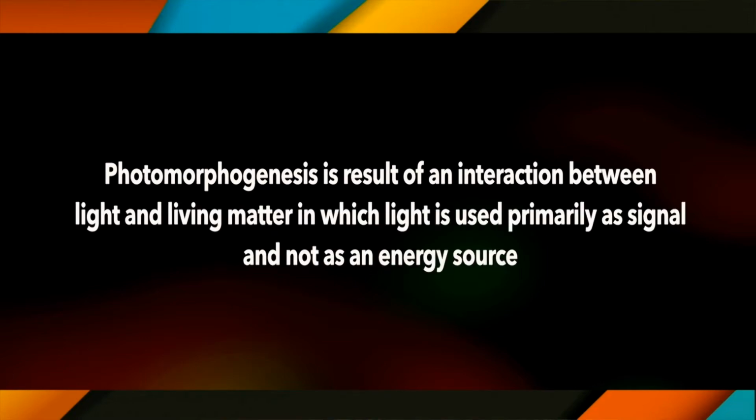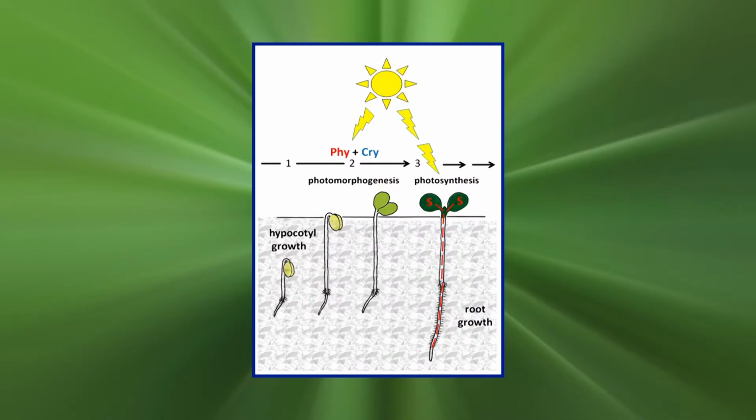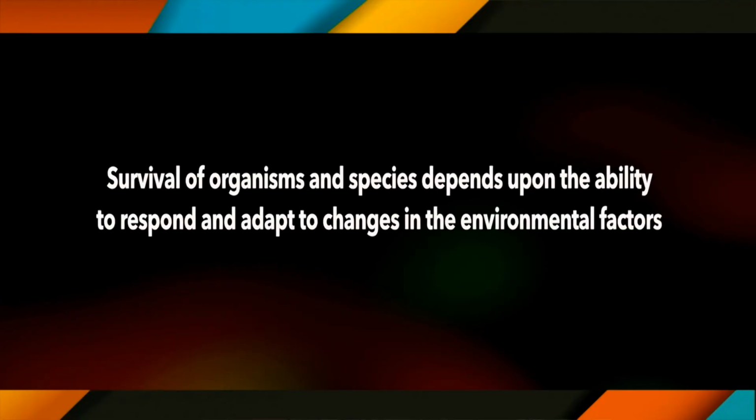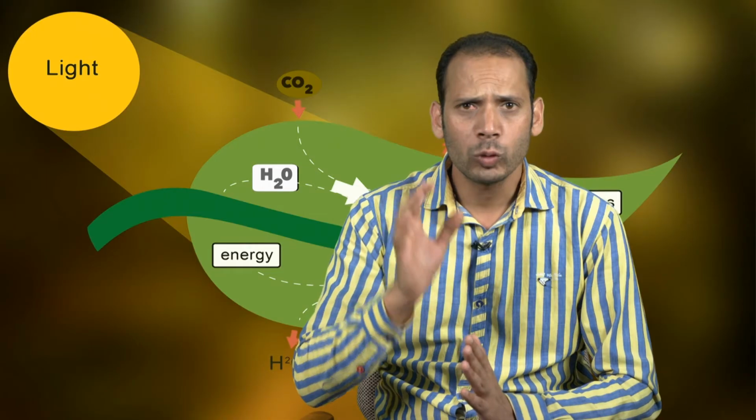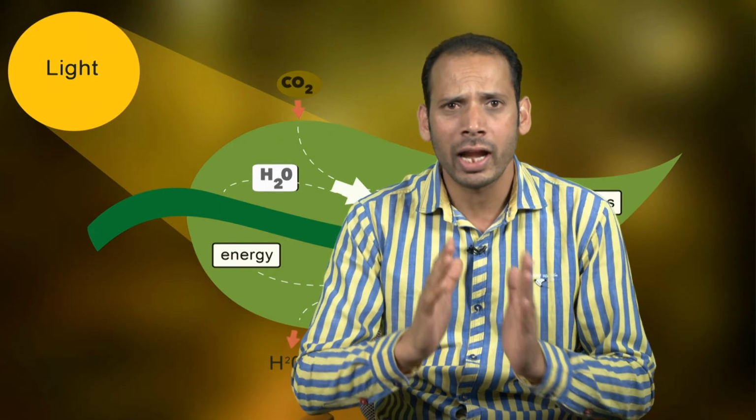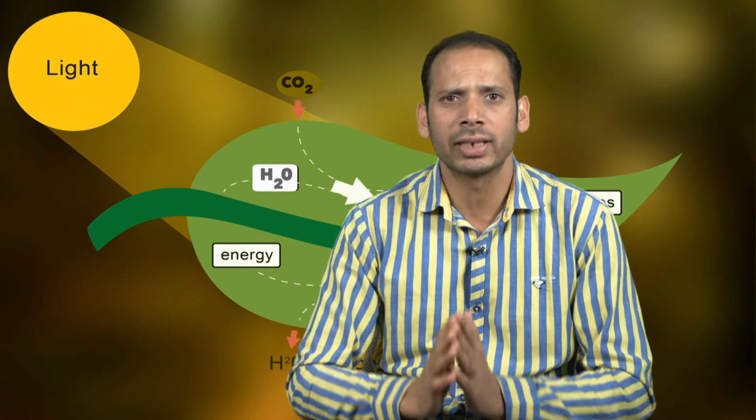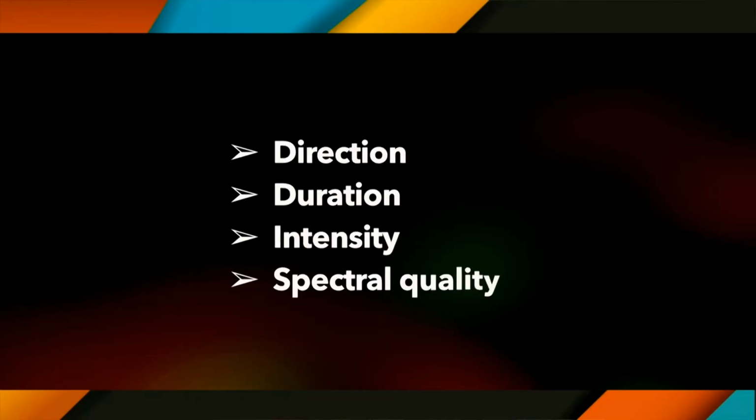Photomorphogenesis is the result of an interaction between light and living matter in which light is used primarily as a signal and not as an energy source. Signal perception and transduction are the basic processes in photomorphogenesis. The survival of organisms and species depends upon the ability to respond and adapt to the changes in the environmental factors. Photosensory systems that can acquire and process information about the light conditions, direction, duration, intensity, spectral quality of the